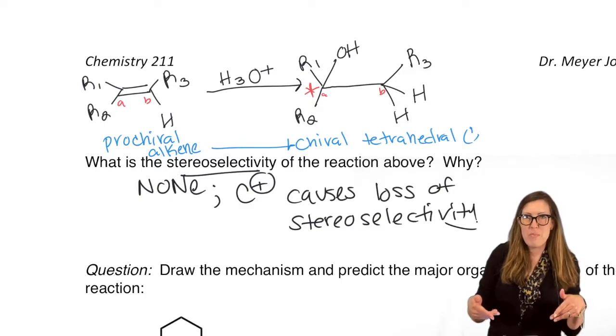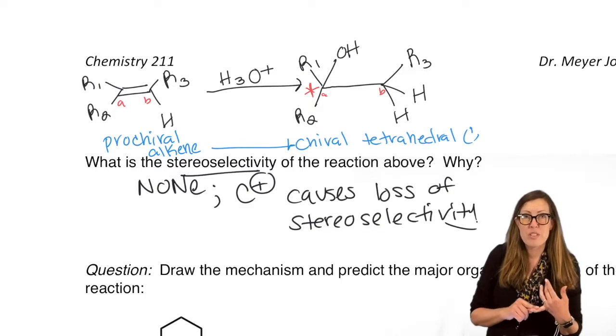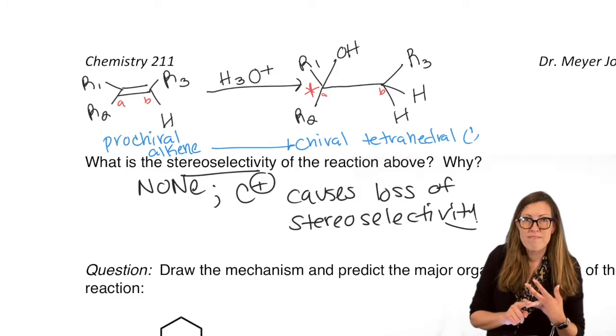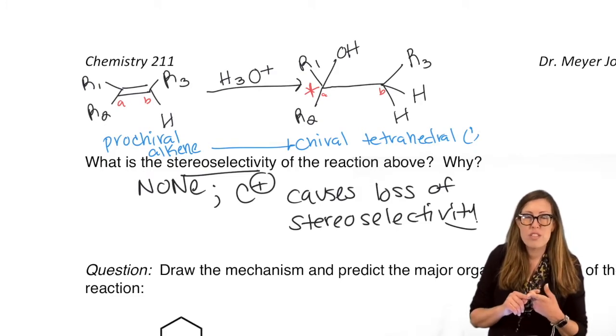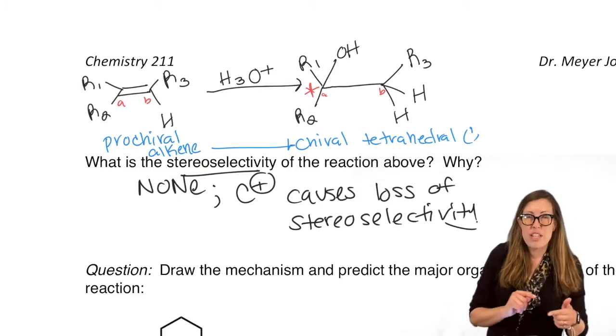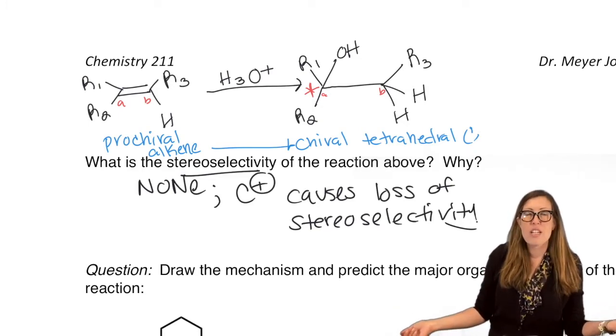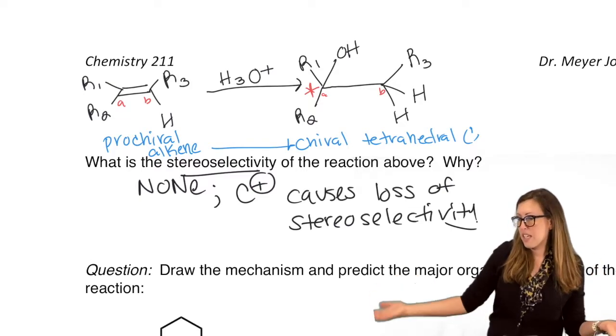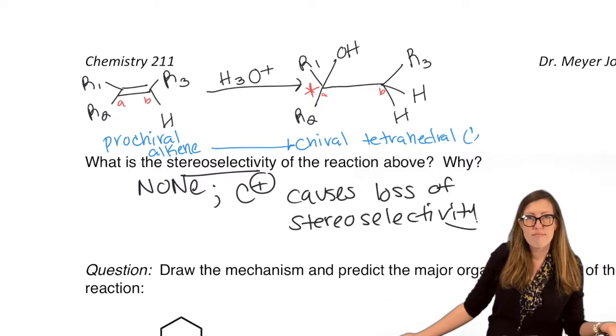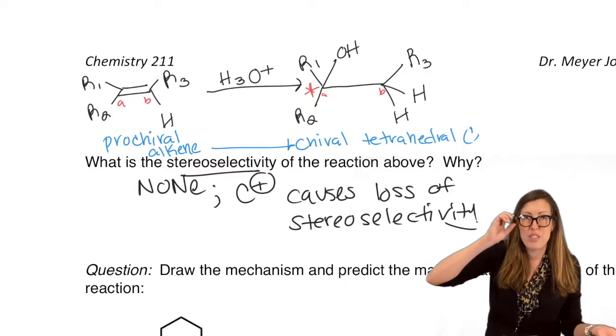So we're going to be talking about, do we form enantiomers? Do we form diastereomers? Do we form selectively one versus the other in terms of which enantiomer? Do we form even a chiral molecule at all? In other words, we answer that question by looking at the alkene. Is the alkene prochiral? Can it generate a chiral molecule upon losing its pi bond?